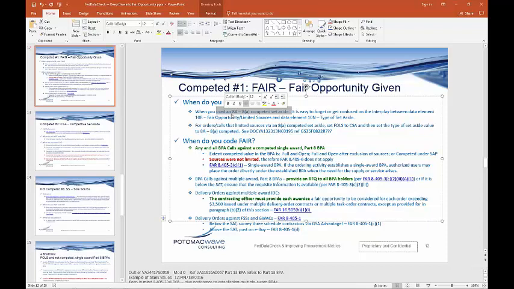You got 10 people on the Part 8 BPA, 10 vendors had a chance to bid on and win the call. That's what fair opportunity means. Okay, so when would you not do it? Well, you go from